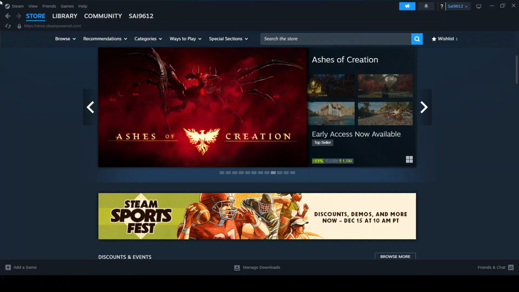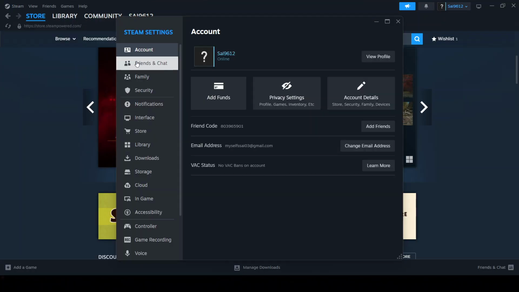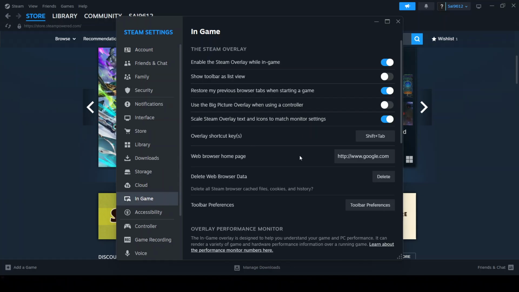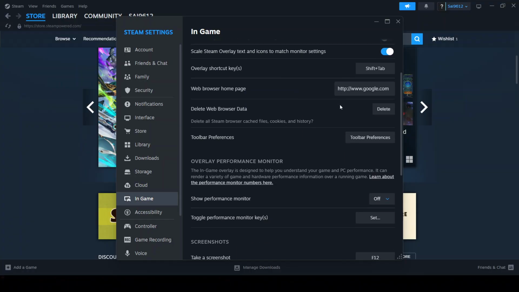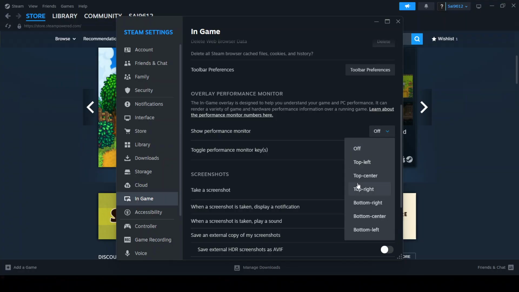Launch Steam, then head to the Steam menu in the top left and open Settings. In the left sidebar, choose the In-Game tab. Here, you'll see a drop-down labeled either In-Game Fps Counter or Show Performance Monitor, depending on your Steam version. Open that drop-down and pick where you want the counter to appear on your screen, top left, top right, bottom